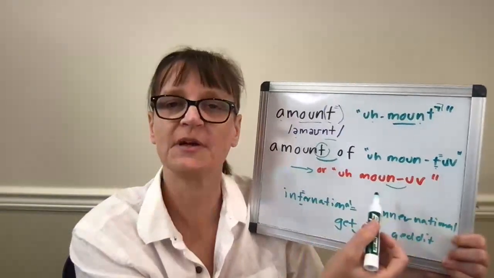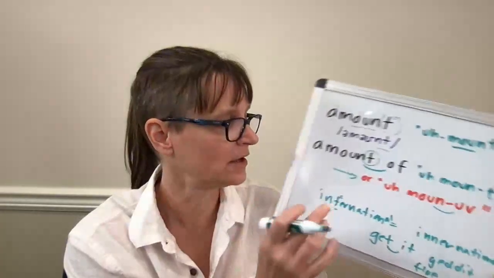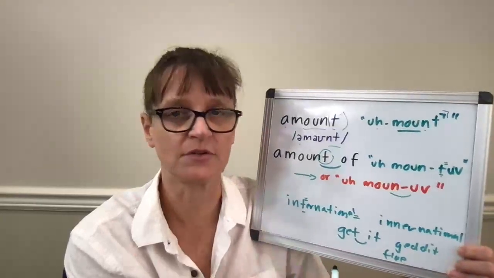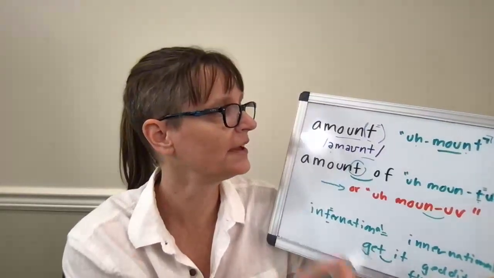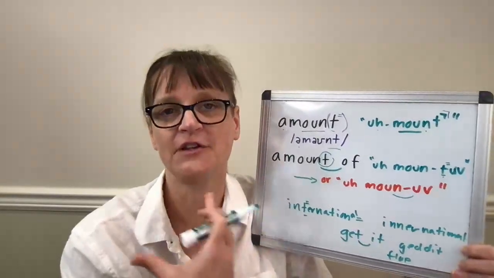You can also sometimes hear "amount of" with a little T, and then the T might be more aspirated. What you aren't going to hear is a flap T like "amount of." That'll sound strange. So when I can say "amount" and "amount of" by themselves, I do want to practice in